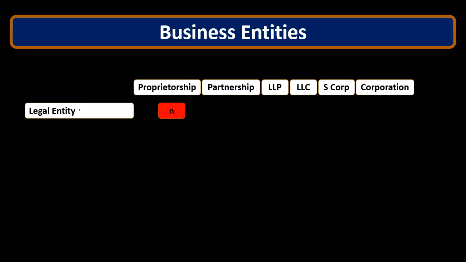If we buy something for our proprietorship, it's really kind of, we bought it. It's still kind of our thing that we're applying to our business. And we're keeping the records separate, but not really putting it into a separate entity. We can't really say that our business owns it in the same sense that we can with a corporation. Partnership is the same. There's no separate legal entity there.